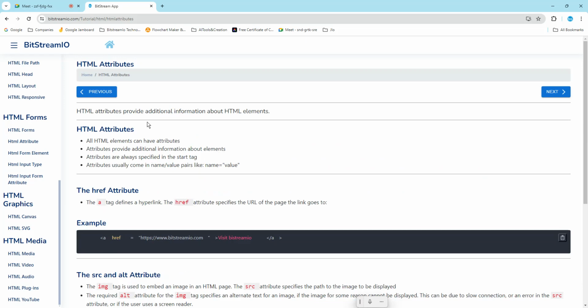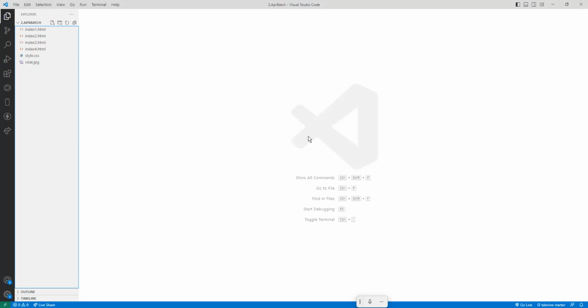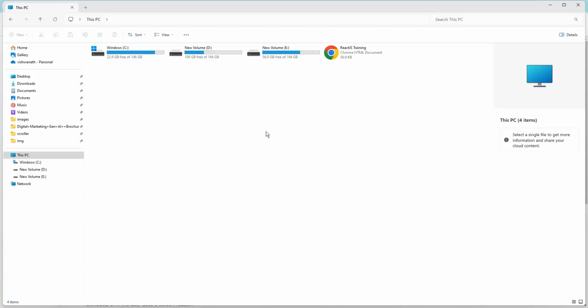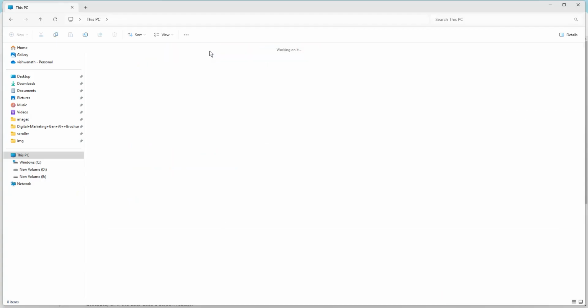Okay, so let's come to our Visual Studio Code. How to open Visual Studio Code? I will tell one more time. I will close this one and go to the folder. So where is my folder? In the D drive,